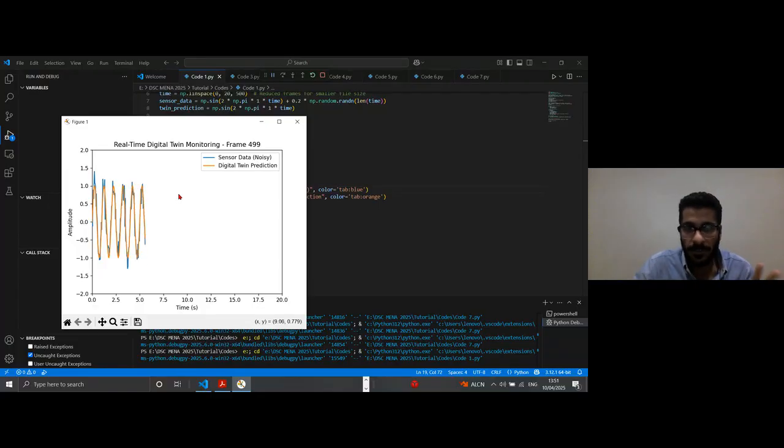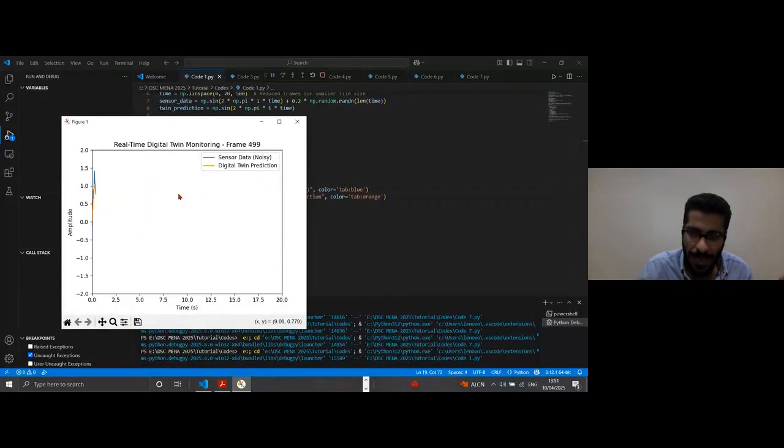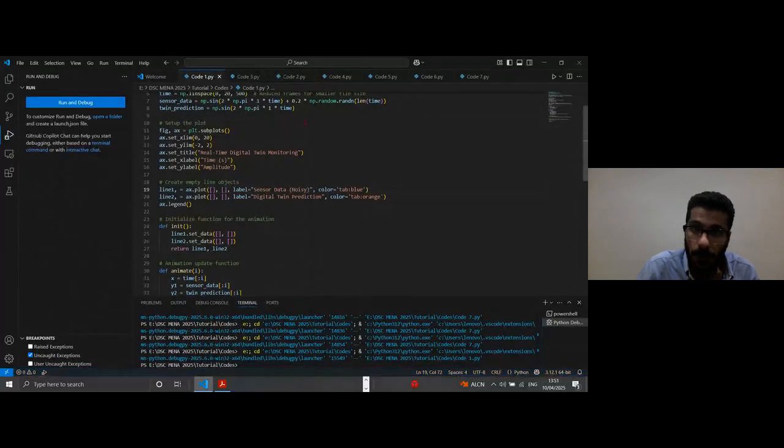Great. So as you can see, this is what we should expect to get. If your initial model works fine, you should have a real matching between what the sensors give you in real time and your digital twin prediction in case of a healthy state. Once you have a matching between these two, the digital prediction and your sensor data, that means your digital twin model works fine and can predict any deviation, as we will see now.